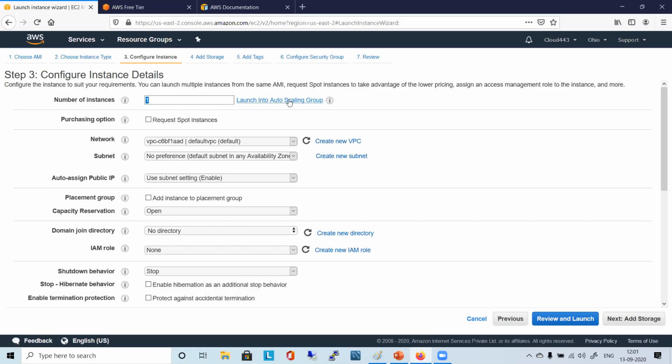You see here, launch into auto scaling group. We'll be discussing how auto scaling is possible, how it will launch 10 instances for me based on the workload, and how it will reduce them. Is it not the same as bursting? The bursting is with respect to the resources, right? And auto scaling is horizontal, you are scaling it out.